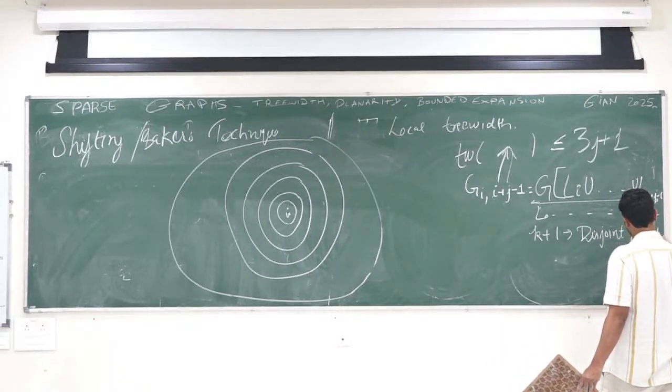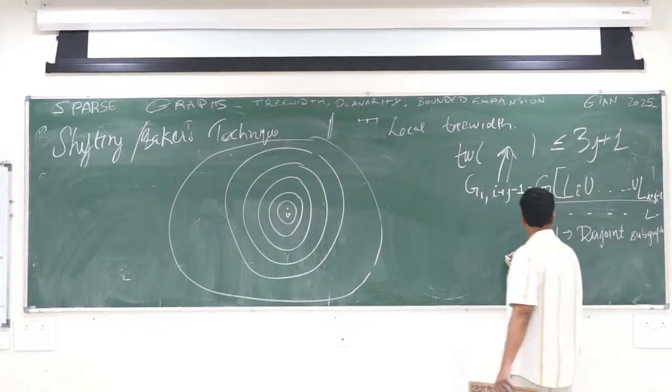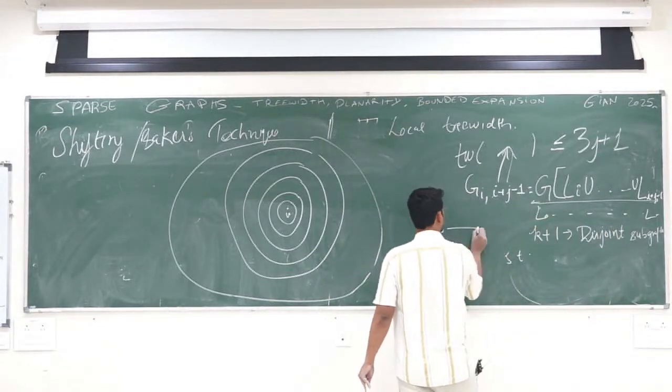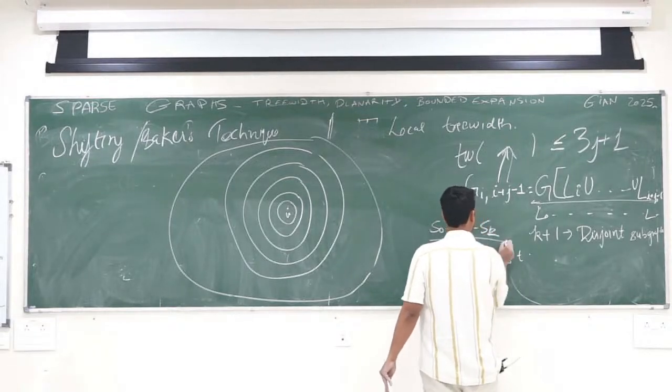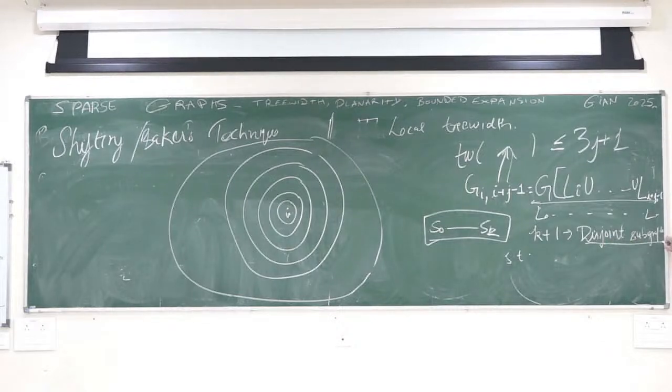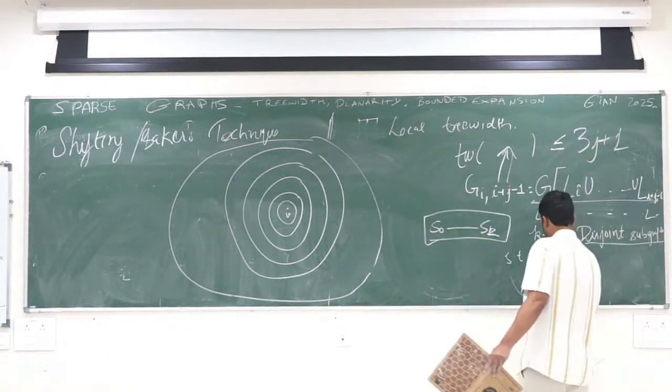I want to partition my graph into k plus 1 disjoint subgraphs, which will be S0 through Sk, such that if I take any k of them,